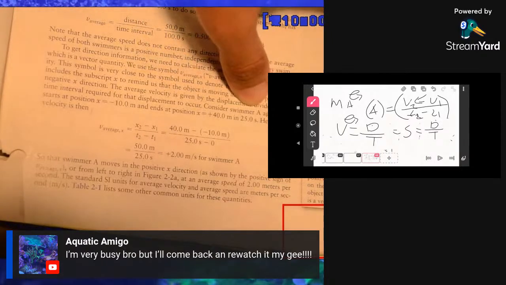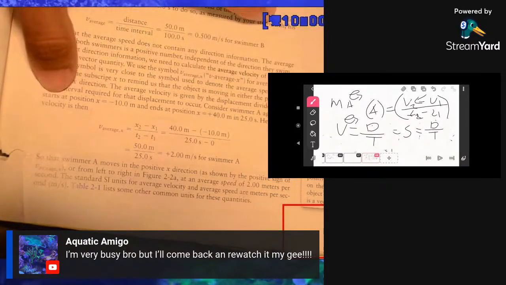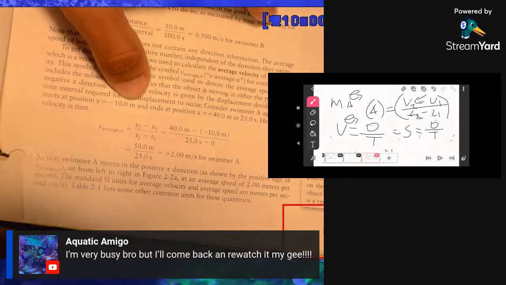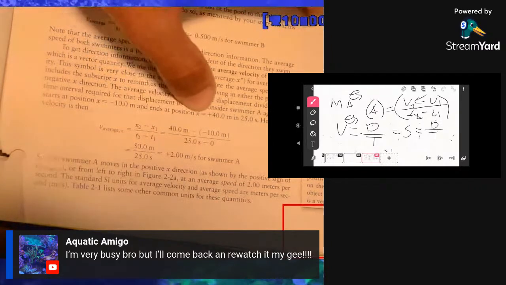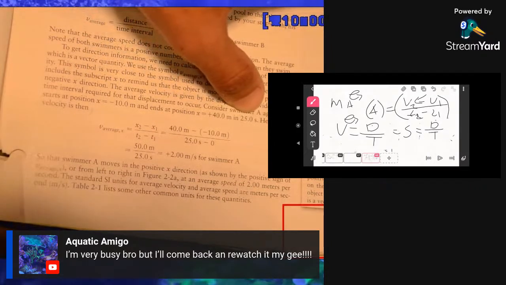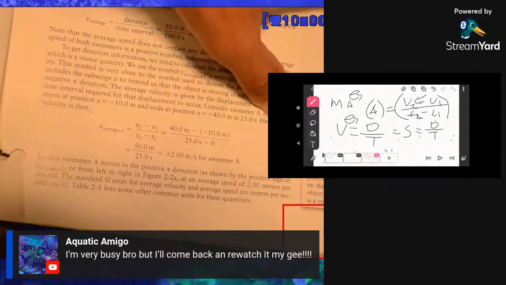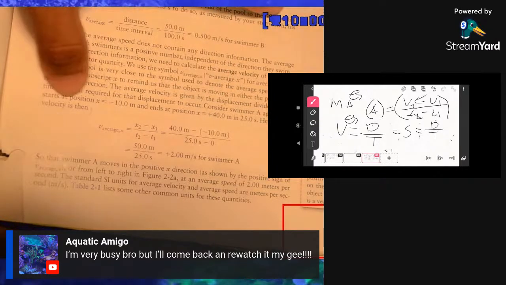Consider swimmer A again, who starts at position x equals minus 10 meters. At the end, the position is x equals plus 40 meters, in 25 seconds. Her average velocity is then